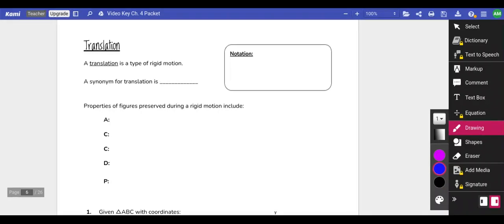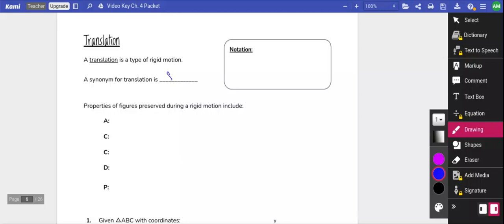In this lesson, we're going to talk about translations. A translation is a type of rigid motion, and a synonym for translation is slide. Now, the first thing that I want to talk about is those properties of figures that are preserved during a